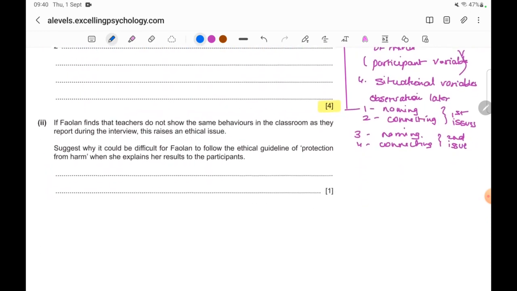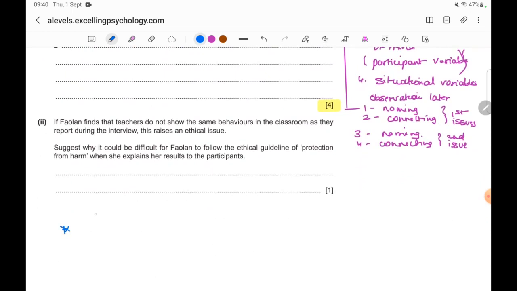Okay, again I don't have space, so I'll write at the bottom. Or that they get annoyed to show they are strict,